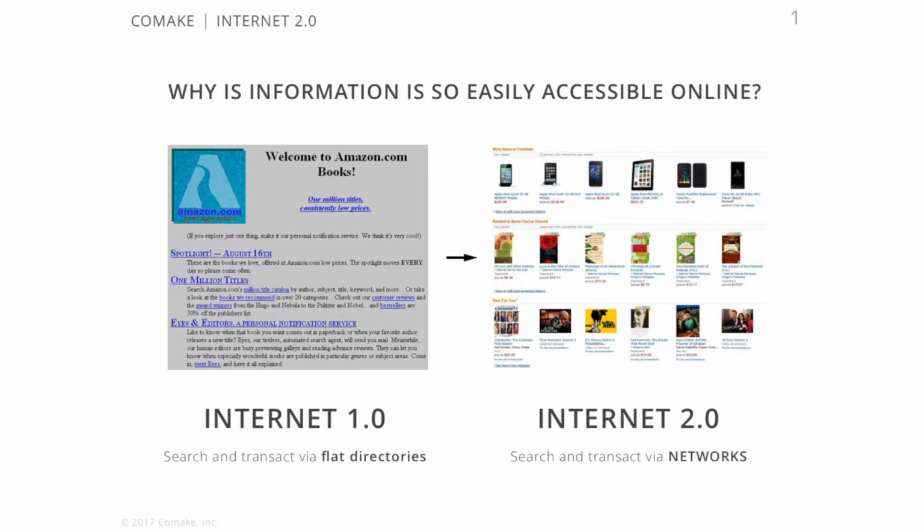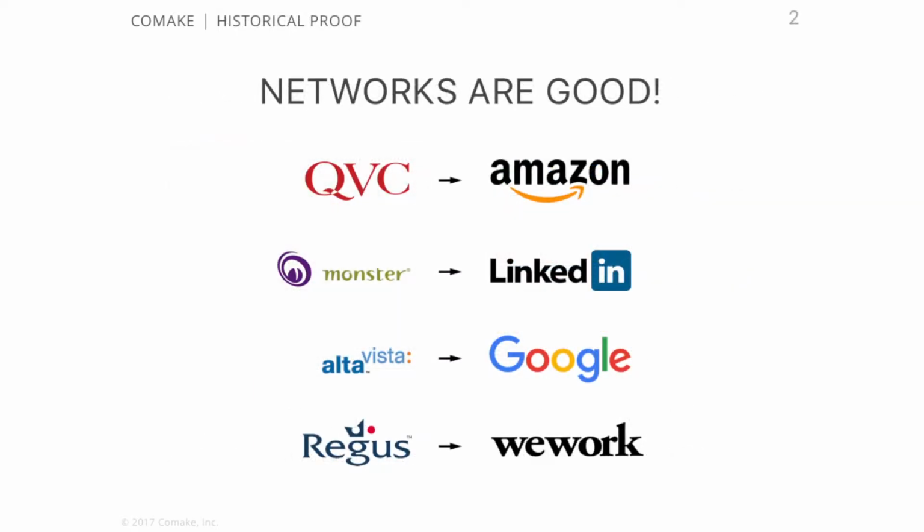Today, when you browse Amazon, you're looking largely at the network of prior interactions and transactions that users have had over that content over time. This is true across the board, right? Networks are pretty good. LinkedIn took flat lists of resumes and job postings and turned them into a network of relationships between users. Google took individually indexed pages and created a network of links between pages and user interactions over those pages to better help you access the information. WeWork took individually leased office space and created networks and communities between companies and so forth.